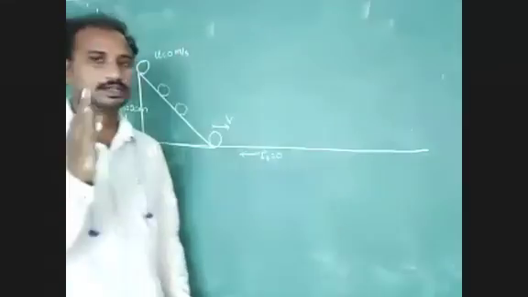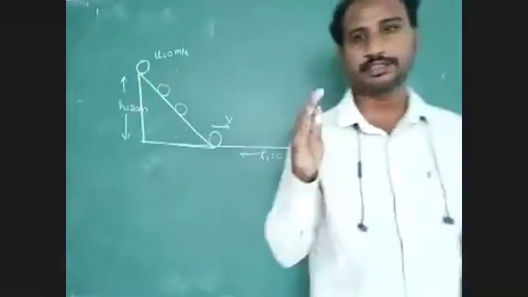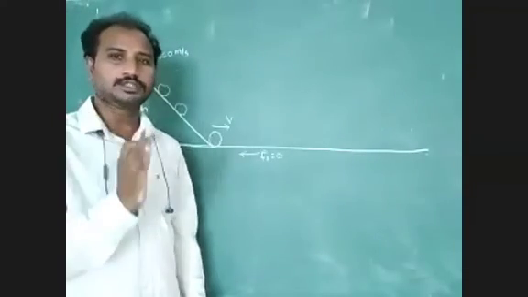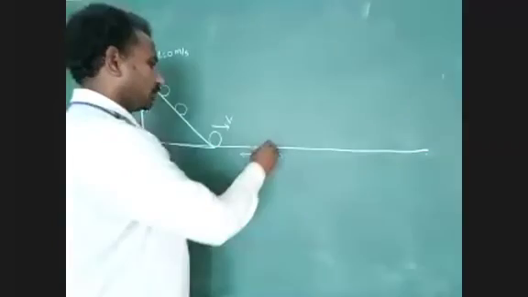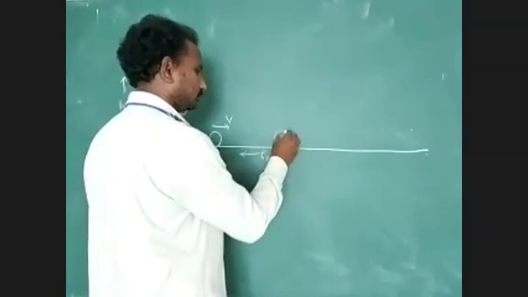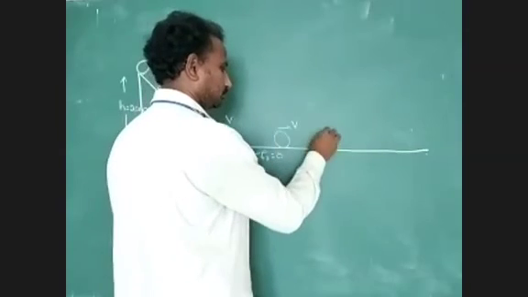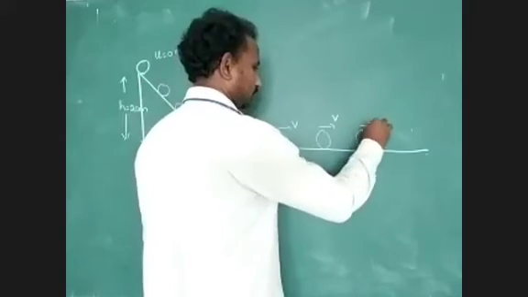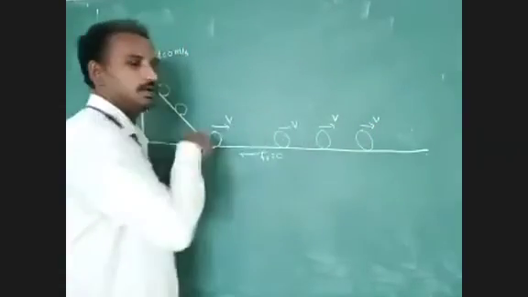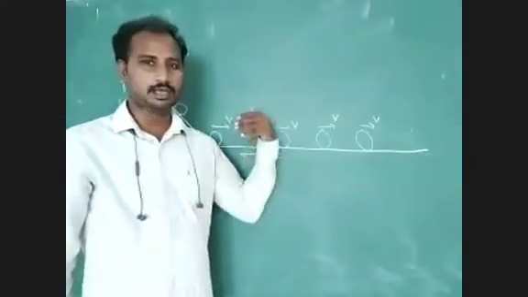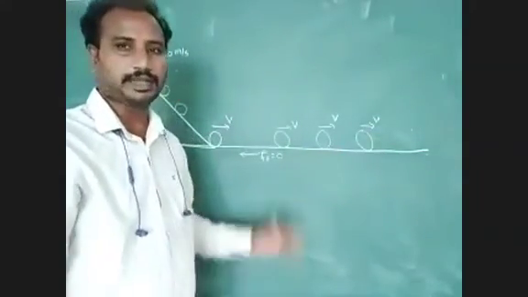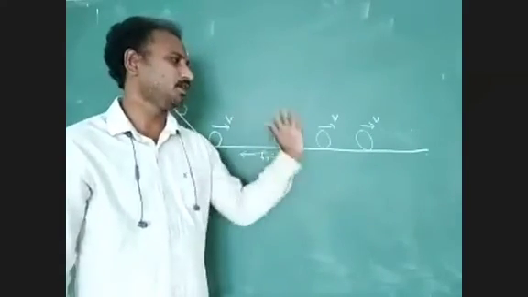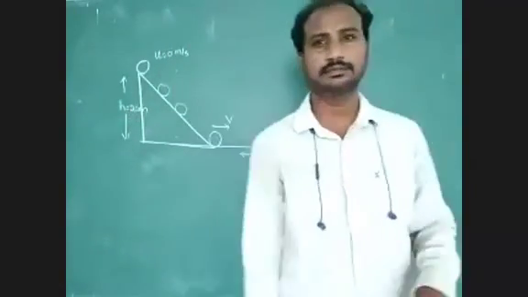Newton's first law explains this point. If no external force acts on it, then the body will maintain its motion in a straight line path. What is the velocity of the body? V1. This velocity is not equal to 0, but it will try to reach its initial state, up to infinite distance. It is moving on the horizontal surface up to infinite distance.